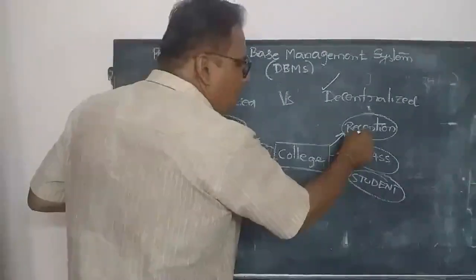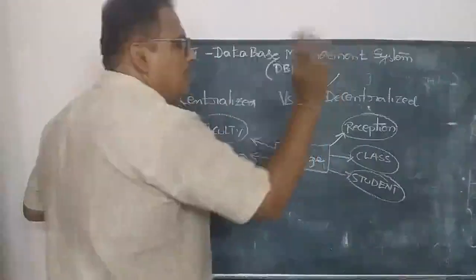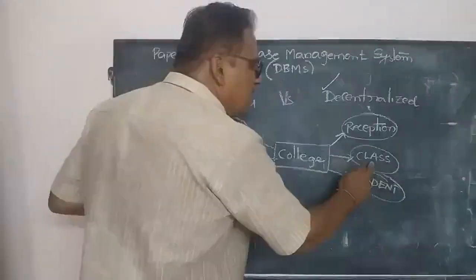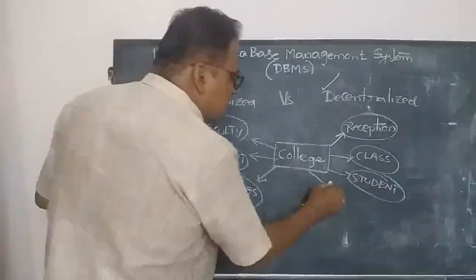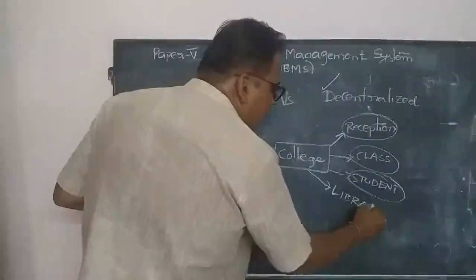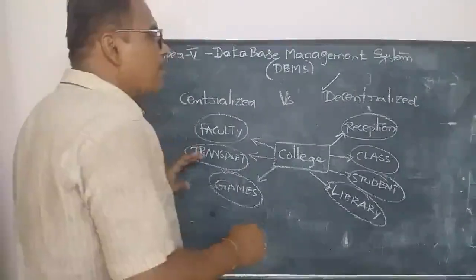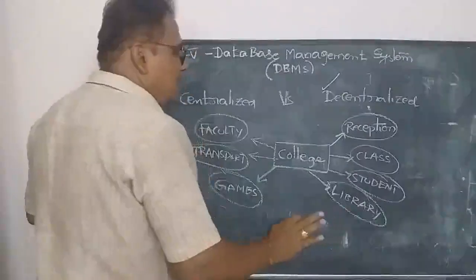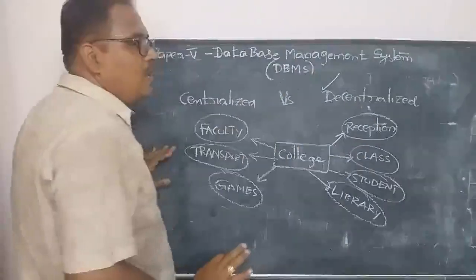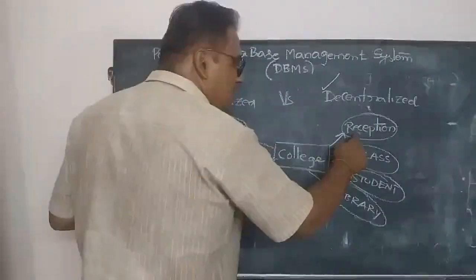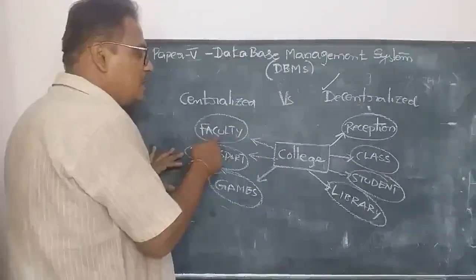When you contact or visit reception, it gives information only about the admission particulars. And when you visit the class entity, it gives information about the class only. And again another one is there, library. Library is used to get information about the books and subscriptions. Here the main problem with decentralization is that the entire information does not exist at one entity. We cannot get information about the library in reception, we cannot get information about transport in the library, and we cannot get information of students in faculty.